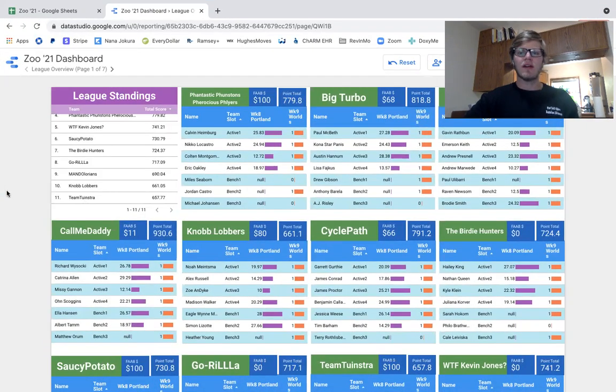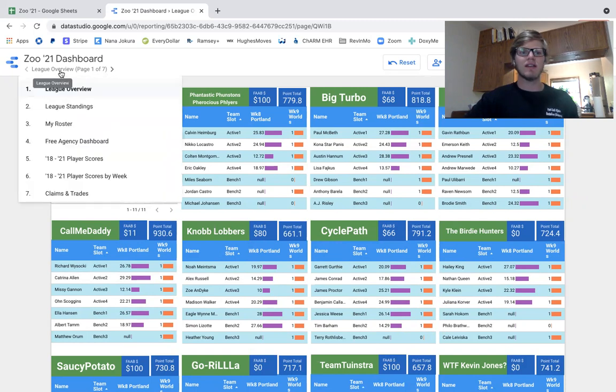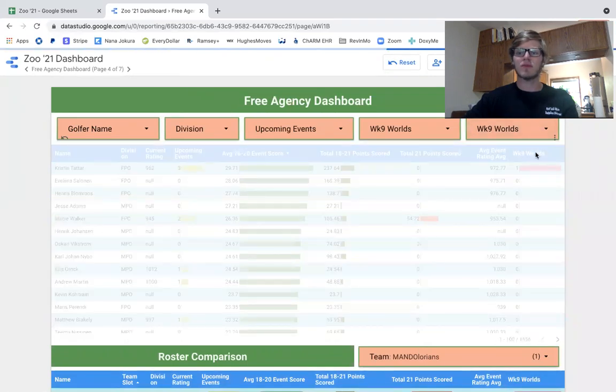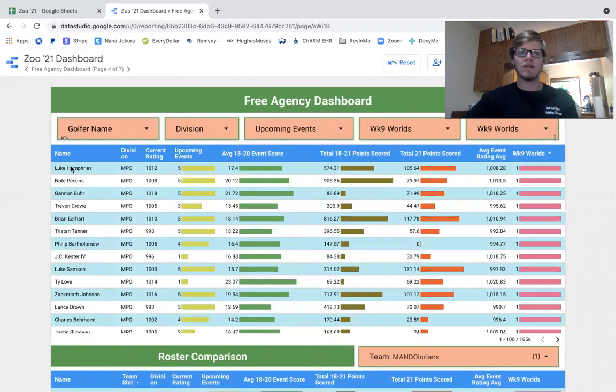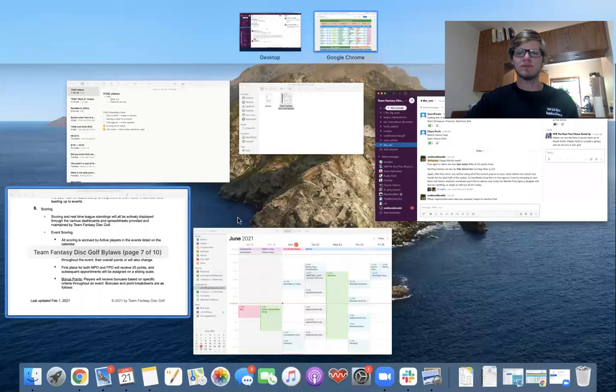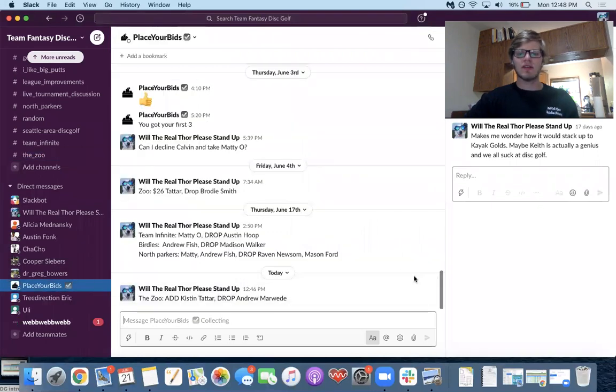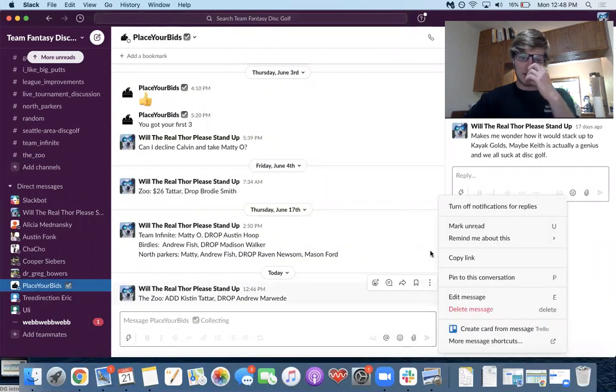Let's see. If I really need to fill a gap and I just need somebody on my roster, what you can do instead is go to the free agency dashboard. I need somebody for Worlds. I just need somebody for Worlds. Let's click on Worlds here. You know, Luke Humphreys, Nate Perkins, Gattenberg, perfect. What I'm going to do is go to place your bids. And assuming that Kristen Tatar is a pretty high prospect,